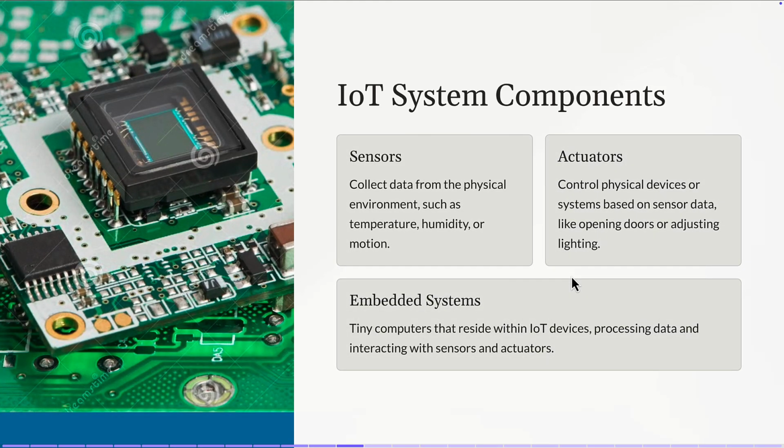So the IoT system, as already mentioned, is composed of sensors. We already talked about this, as well as actuators. We gave examples, and also embedded systems. These embedded systems are small computers, like Arduino or Raspberry Pi or another type of board that usually